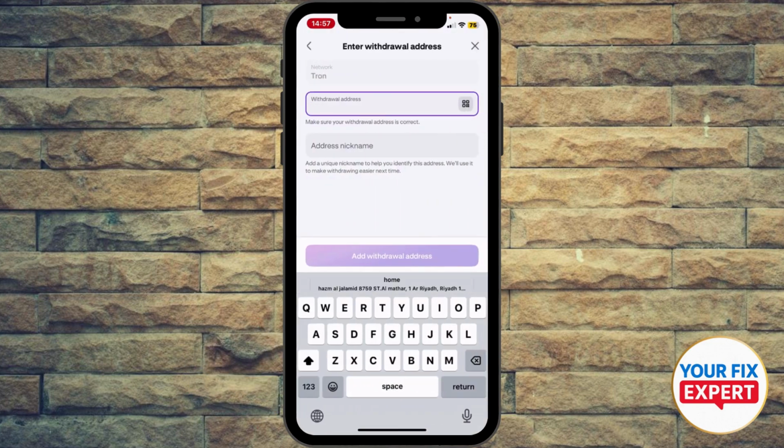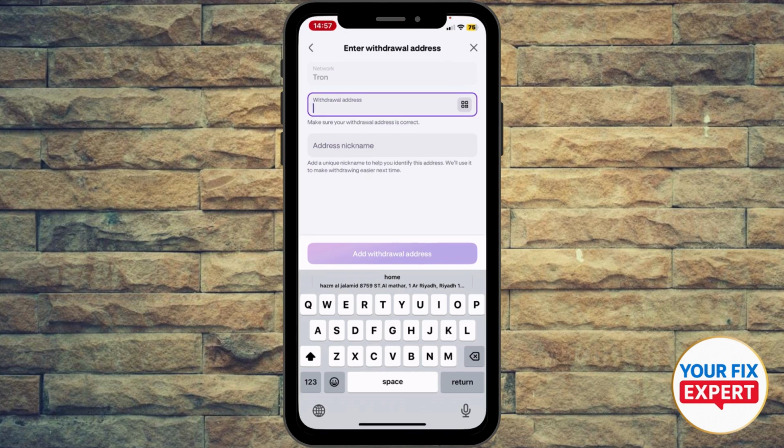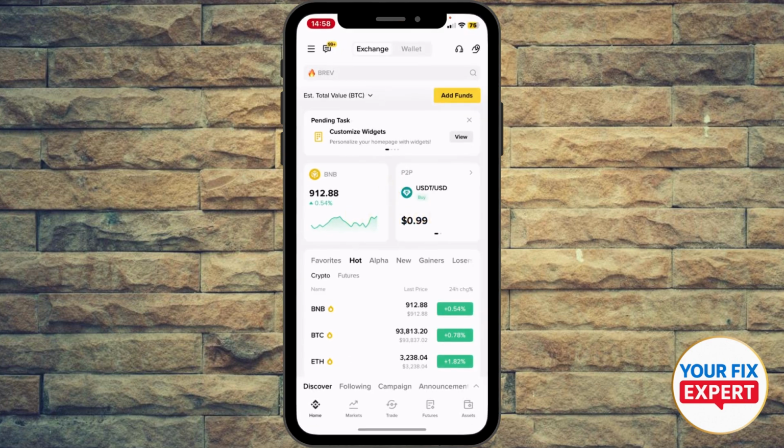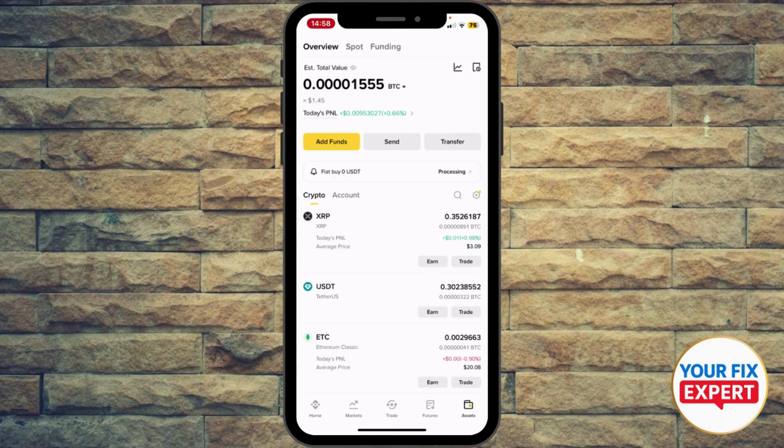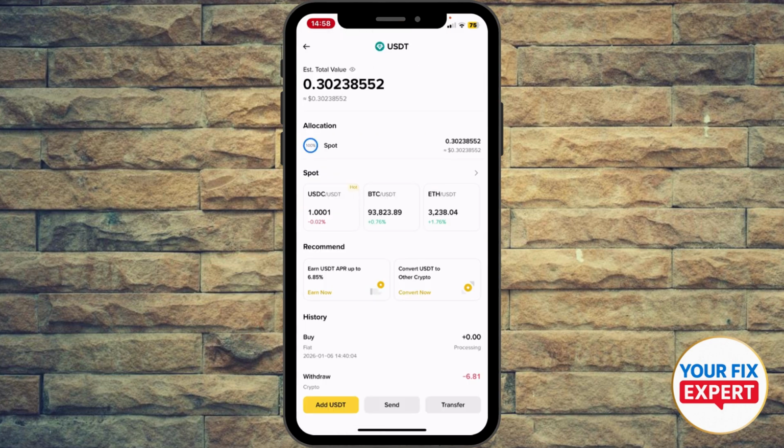Okay, now inside here, don't do anything. Just go back now to your screen, excuse me, and go ahead to Binance, hit assets at the bottom right. Try to pin down USDT here. That's it. And now we want to deposit USDT, right? Because we want to receive it. So hit add USDT